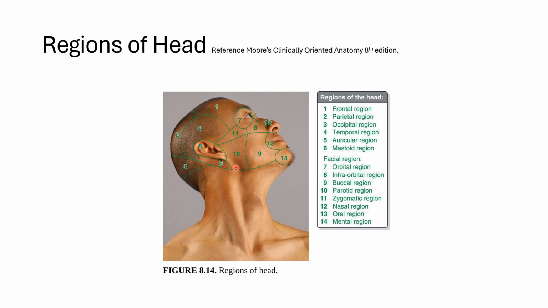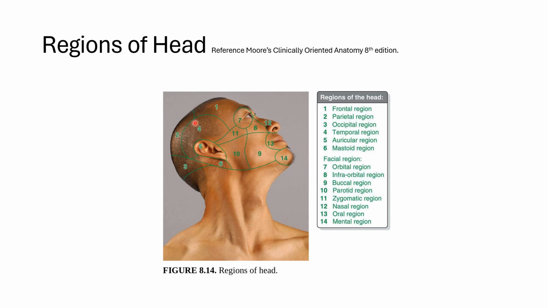Now let's see, you see this very prominent, which bone is this? This is the mandible. So this is the mandible, this is the ear of the person, this is the head, this is the forehead of the person. So let's divide this into regions. This is the frontal region. Everything above the eyebrows is the frontal region. Second one here, you'll find all the regions here. So you can see the parietal region, the occipital region, yes, then the temporal region here. This one is the temporal region, very important.